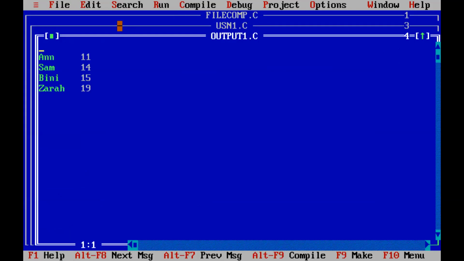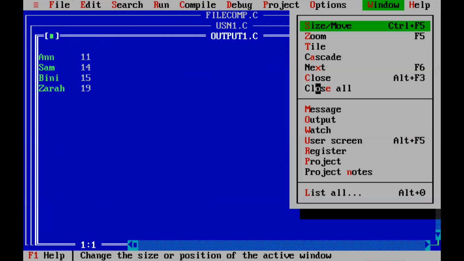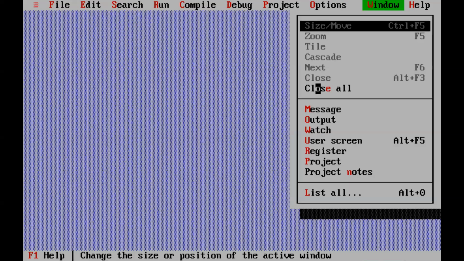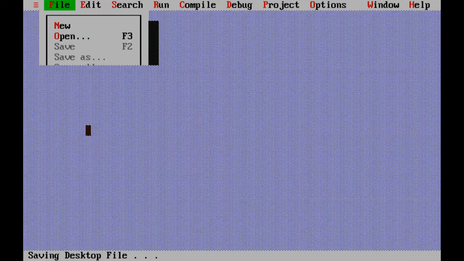So you are reading the contents from the user and then writing to the output screen. These are the inputs. It is not only printing to the screen, at the same time it is also printing to the files. So this is your program. We'll close it and we'll see the next one. I'll close all those, I'll exit. We'll stop the recording.